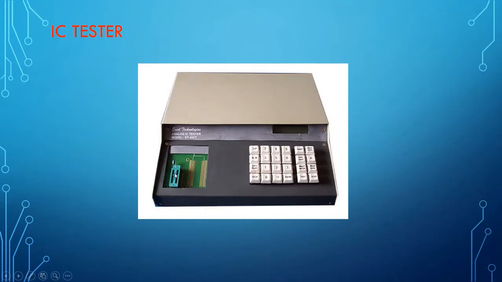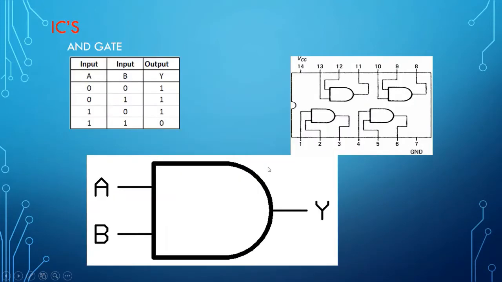So always, before rigging up the circuit with the ICs that are given to you, please check them using the IC testers. Most of the time in the laboratories, they will check the ICs and give them to you. In case you have any doubts, please make sure you check the ICs using the IC tester kit. This IC tester kit will be provided to one lab and can be shared by all the students.